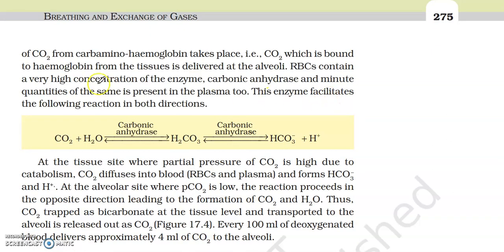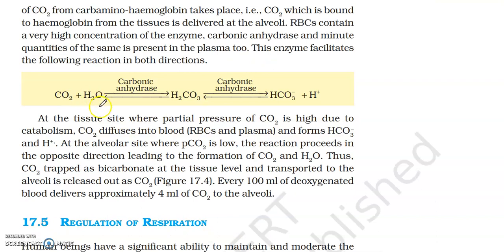RBCs contain a very high concentration of the enzyme carbonic anhydrase and minute quantities of the same is present in the plasma too. This enzyme facilitates the following reaction in both directions. Carbon dioxide with water gives rise to H2CO3 in the presence of carbonic anhydrase, and is converted into HCO3 minus and H plus in the presence of carbonic anhydrase. At the tissue site where partial pressure of carbon dioxide is high due to catabolism,